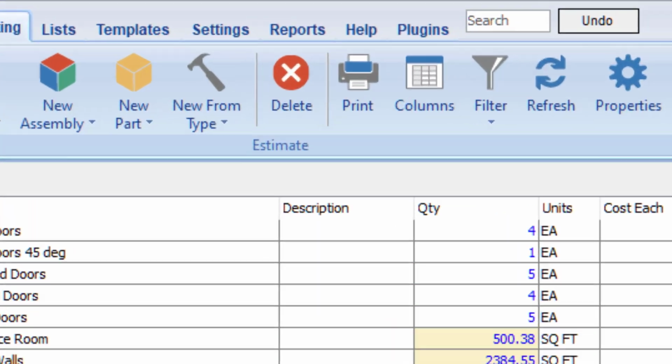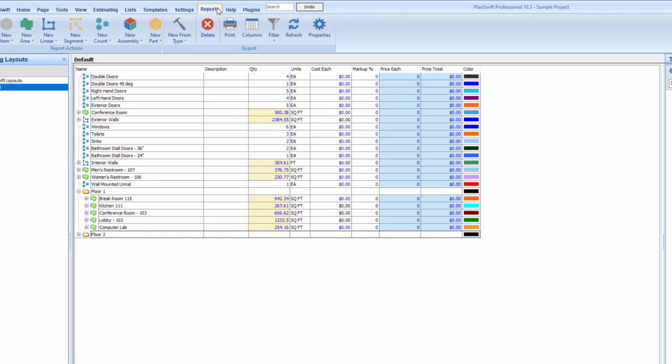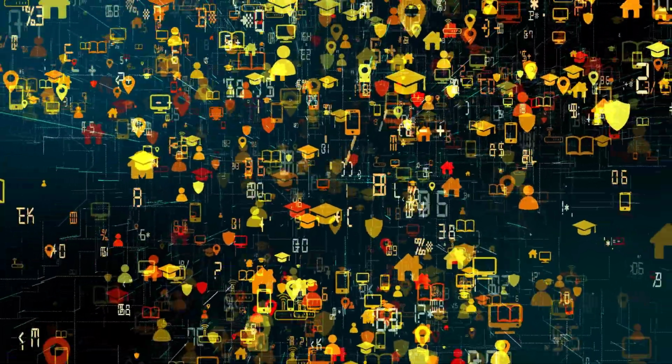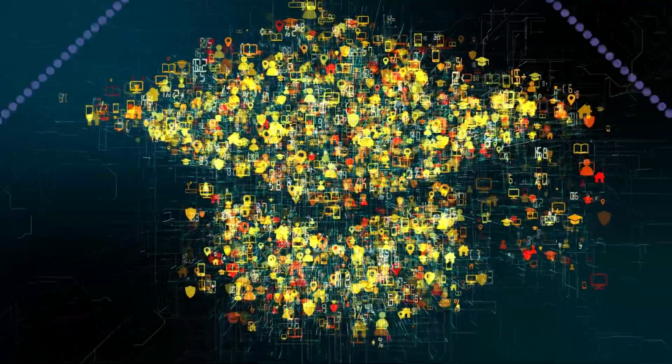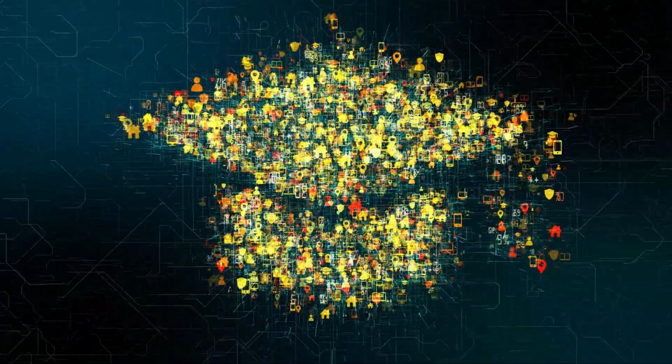More advanced users can also use the Reports tab to use pre-built reports, build customized reports, and further sort and filter their takeoff data. Reports and exports can get complex, so feel free to reach out to the PlanSwift training department to schedule a training session if additional help with the software is required. Now you should have the information necessary to get up and running in PlanSwift, but don't forget to review the rest of our training video library because we still have a lot to show you.